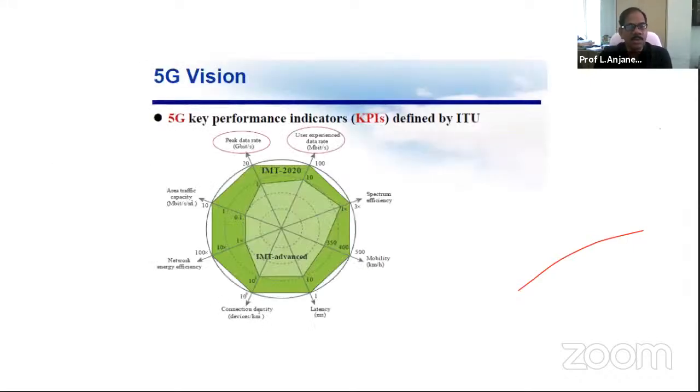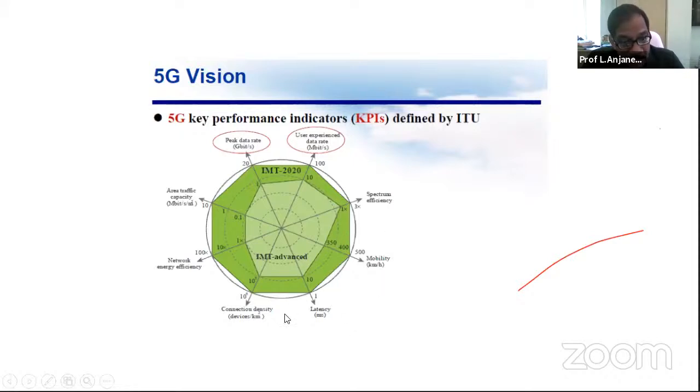But as you know, these are some of the major things that we want to achieve in 5G. These are called key performance indicators, defined by the International Telecommunication Union, like the IMT 2020 standard. One is peak data rate. We want gigabits per second, and then user experience data rate, then spectral efficiency, then mobility